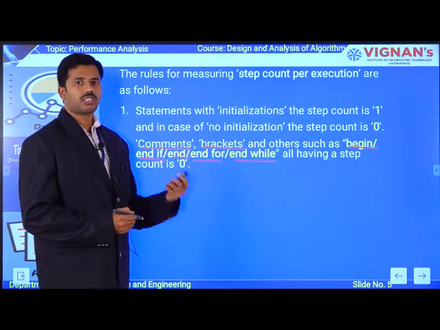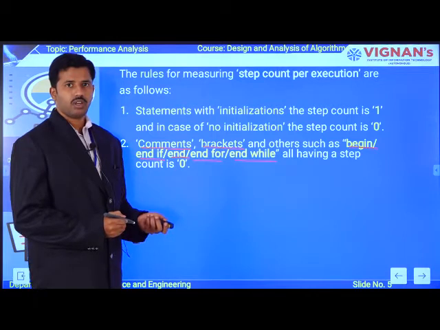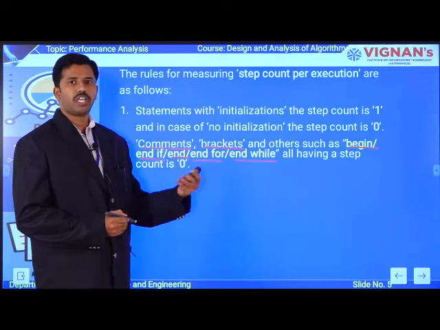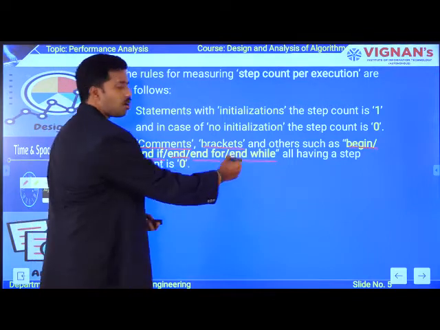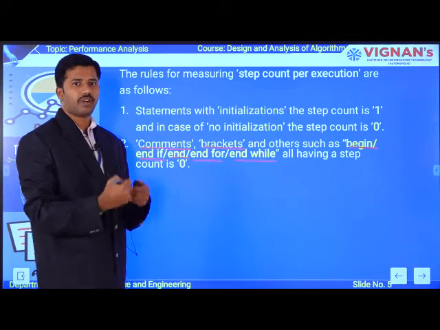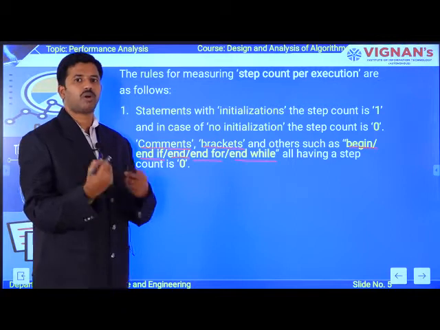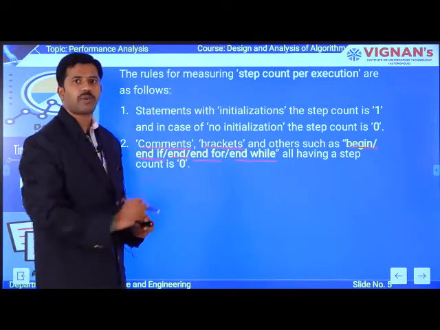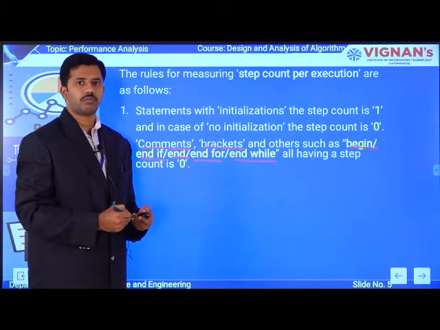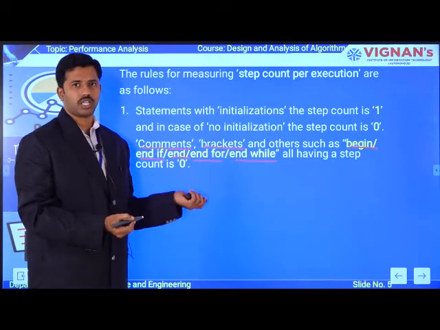You may ask why the value becomes 0 for these keywords. Because these are predefined keywords you are simply using. For these keywords you are not writing any logic in your algorithm, right? You are simply using the predefined things. You are simply retrieving the logic, not writing the logic on your own. That is why, if you are using any predefined keywords, the value becomes 0, because you are simply retrieving, and not writing your own logic for those keywords.